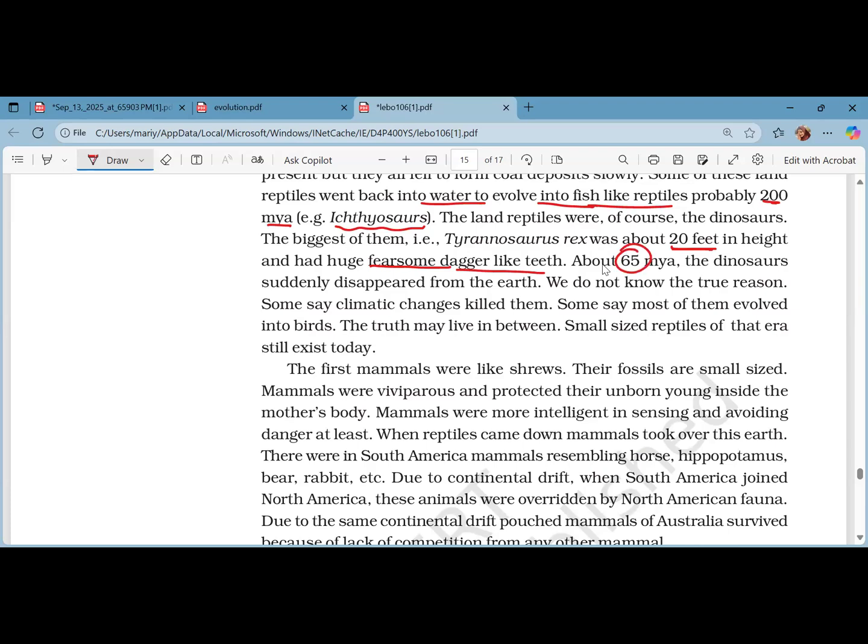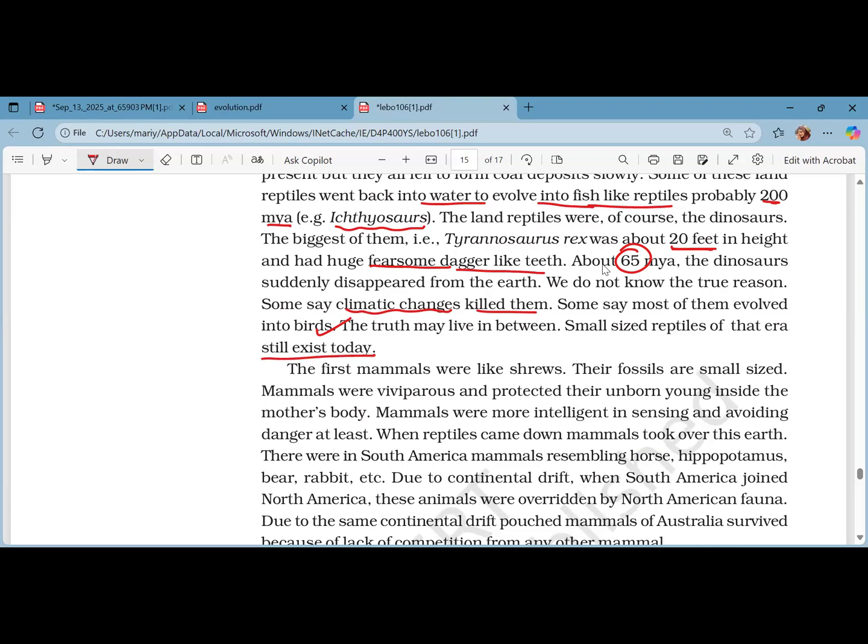Around 65 million years ago, the dinosaurs suddenly disappeared. What caused their disappearance is still unknown. Some say that they evolved into birds. Some say that they completely died because of the climatic change. But no one knows what happened. But again, small-sized reptiles of that era